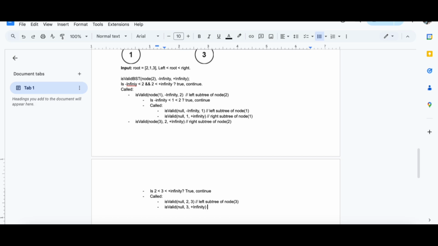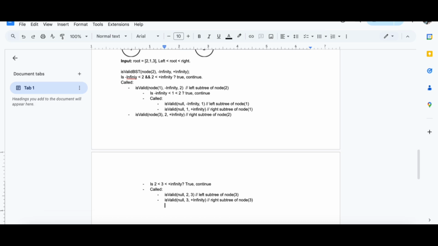This one is right subtree of node 3. Because it's null, we return true. This one is also null, we return true.